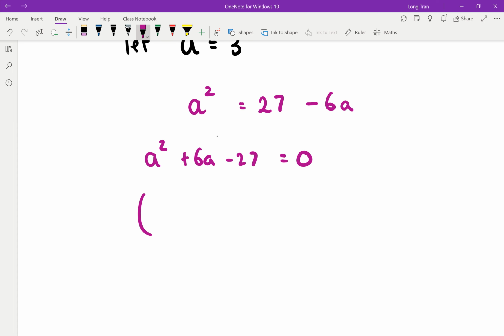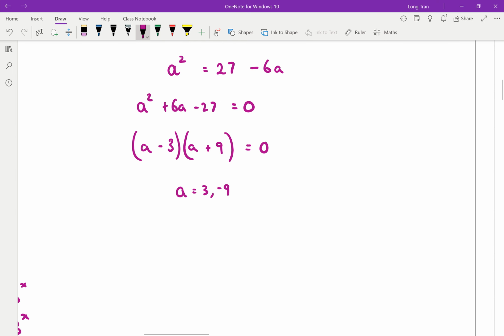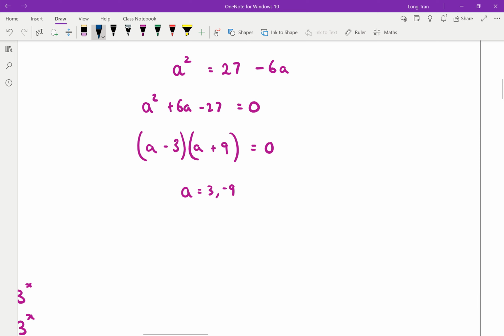And again, you can factorize this now. That gives you a, and what's this? Maybe 9 and 3 again. So positive 9, negative 3. And so therefore, using the null factor law, a is equal to either 3 or negative 9. And then from here, remember, since a is 3 to the power of x, it is meant to equal 3, or 3 to the power of x is meant to equal negative 9. What we know here is this is